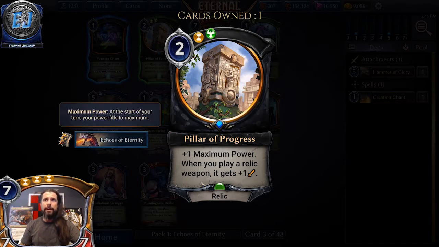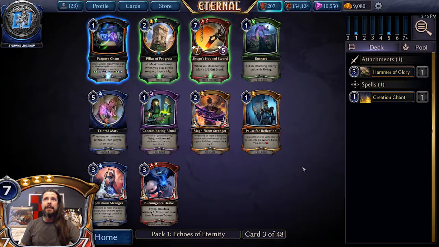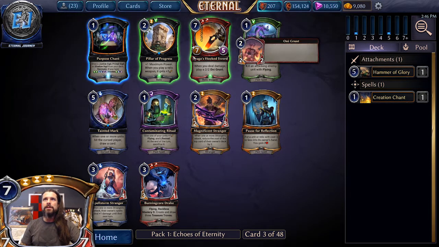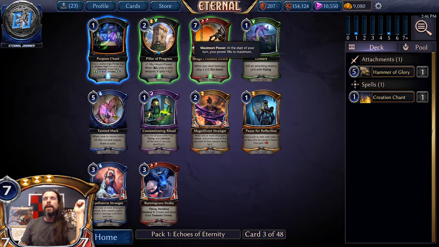When you play a relic weapon, it gets +1 attack. So this might actually be the pick. It's a little frustrating because we actually kind of don't hate getting both of these. But you know me, when I go back and forth on cards, I tend to always go for the cheaper